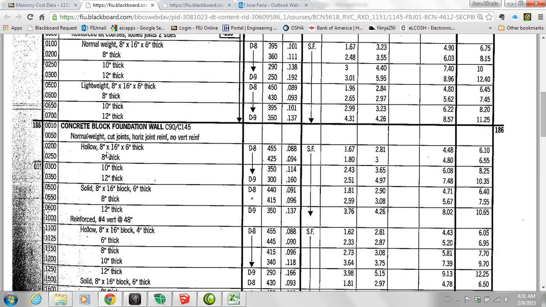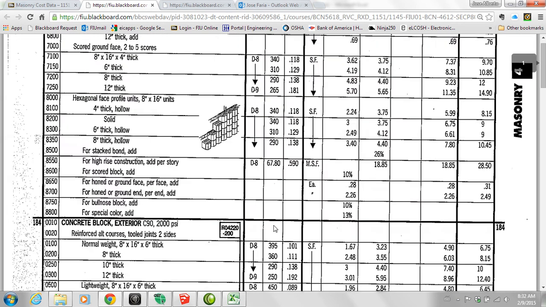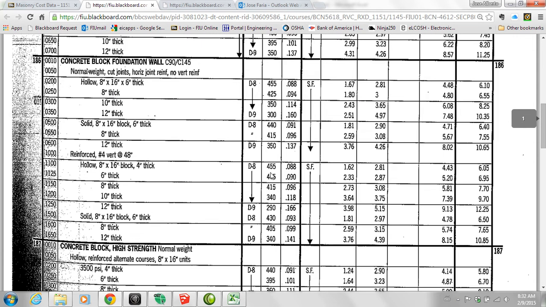Concrete block foundation wall. We're going to use a reinforced number 4 vertical at 48 inches, hollow 8 by 16 block, 4-inch thick. Or solid 8 by 16 block, 6-inch thick. I am just going to select the hollow 8-inch by 16 block, 4-inch thick. This has a crew of D8. The daily output is 455. The hours is